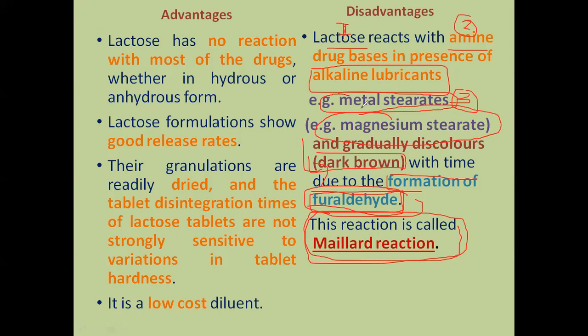Means when you use lactose as a diluent, sorry, we have to avoid using magnesium stearate as a lubricant. So this problem of Maillard reaction can be solved. So with this, we'll stop over here, and the